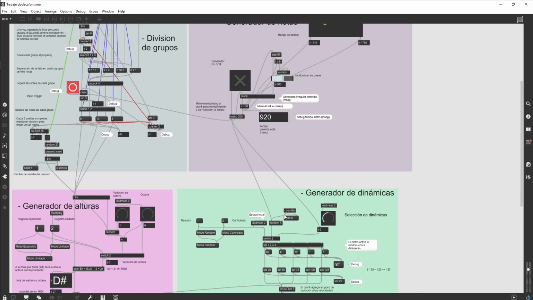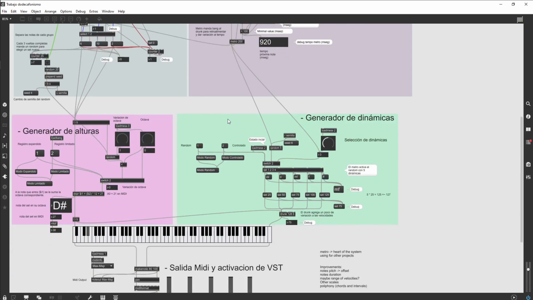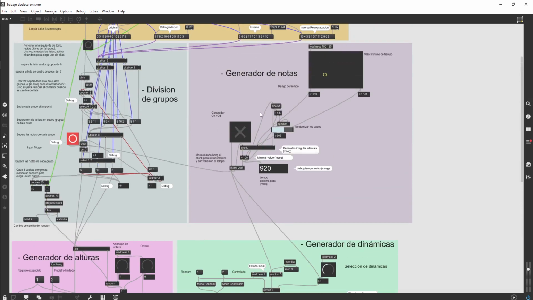But if I take out the dynamic generator, the patch is still going to work because it's sending the notes. And if I take out the notes, and for example I put one single number, it will still continue working. So that's why I think this note generator is the most important part of the patch, and that's something interesting to know, because